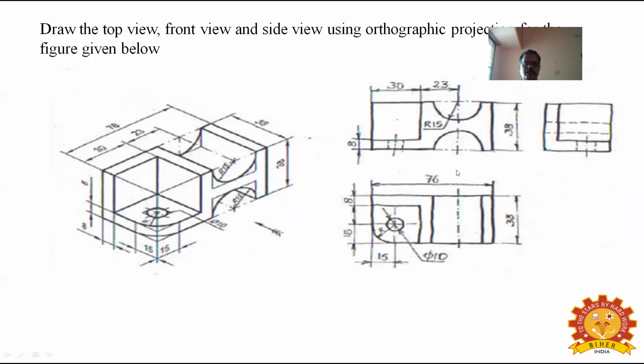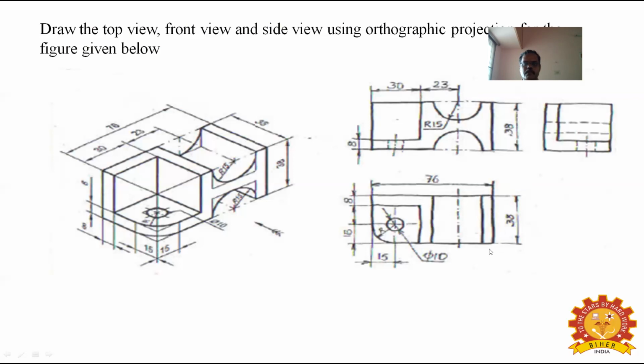After completing the top view, side view, and the front view, you have to mark all the dimensions. All the dimensions are most important in the engineering drawings. You have to mark all the dimensions, and you have to draw the hidden lines. Arrowhead sizes are important: 3:1 arrowhead size.